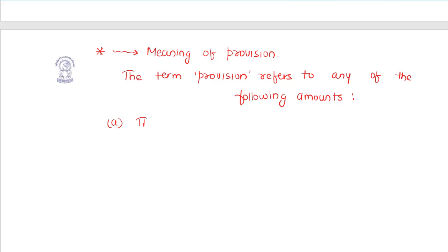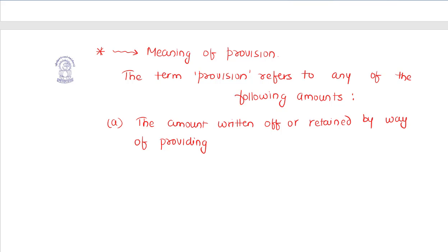A, the amount written off or retained by way of providing for depreciation,